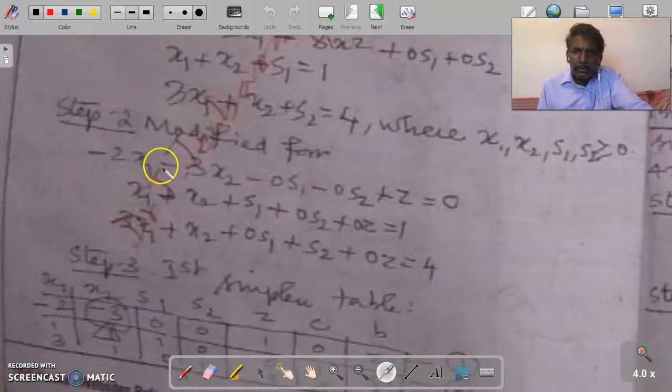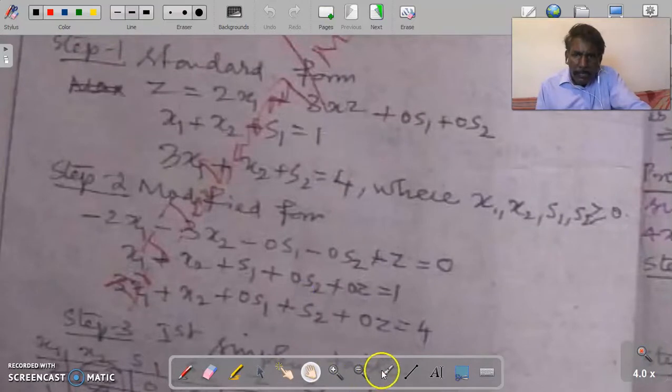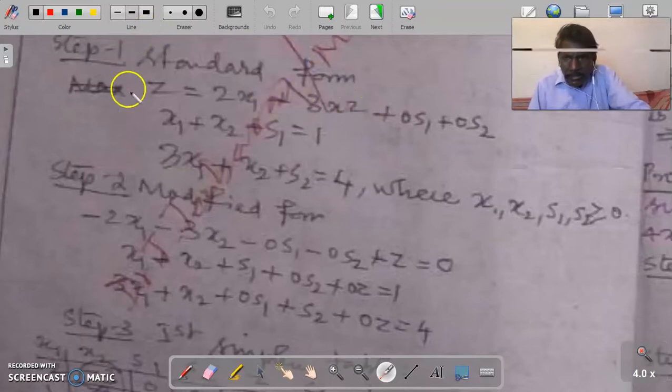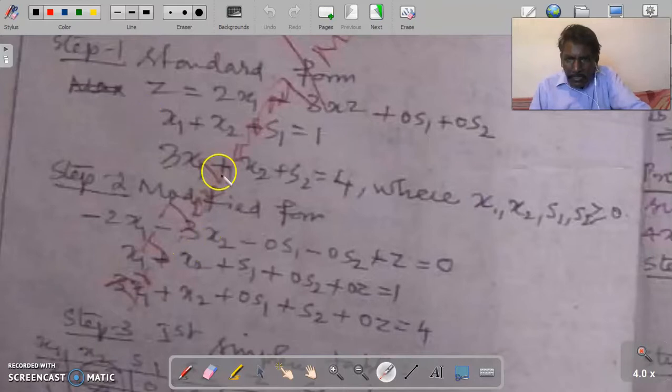Now look at this. I will bring this down so that you can understand well. We are bringing all these variables on this side. What will you have? This you will have. See here, bring this side minus 2x1. Bring this side 3x2. Bring this side minus 0s1. And this minus 0s2, that is already there. Similarly here,